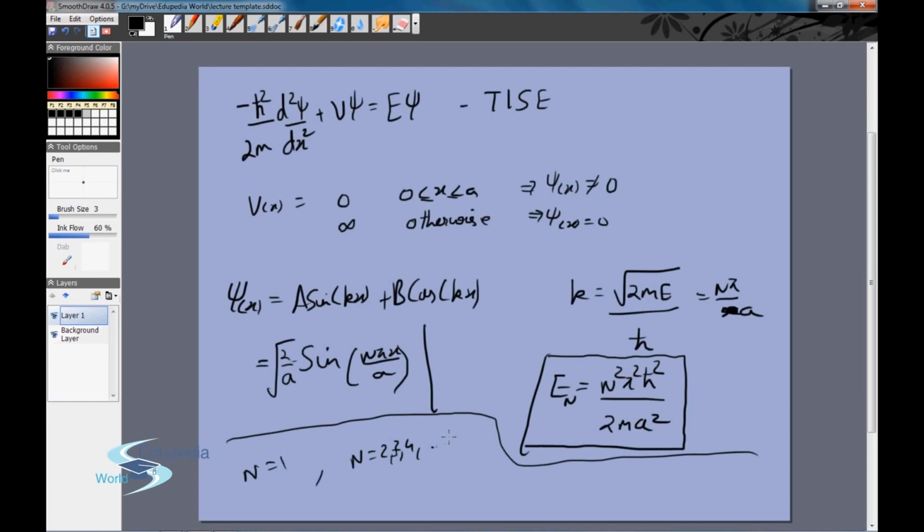Finally, if we are given what the state of the function is, we can represent it as a linear combination of these states. Remember, these states are stationary states where the expectation values are constant. That does not mean every state has to belong to one of these categories. It can be a linear combination. For example, 2 psi 1 of x plus 3 psi 3 of x plus 5 psi 7 of x. Of course, we would need to normalize it. This is not normalized, but it can be something of this form, where the energy would be a combination